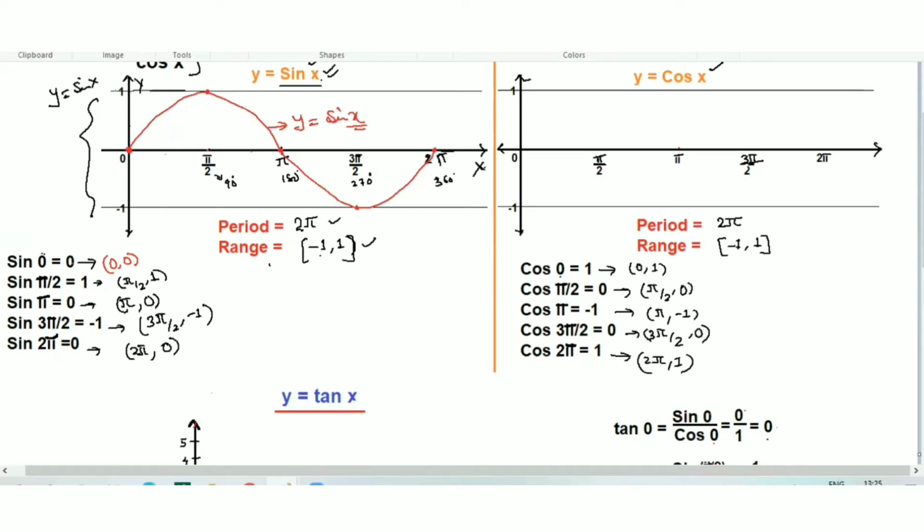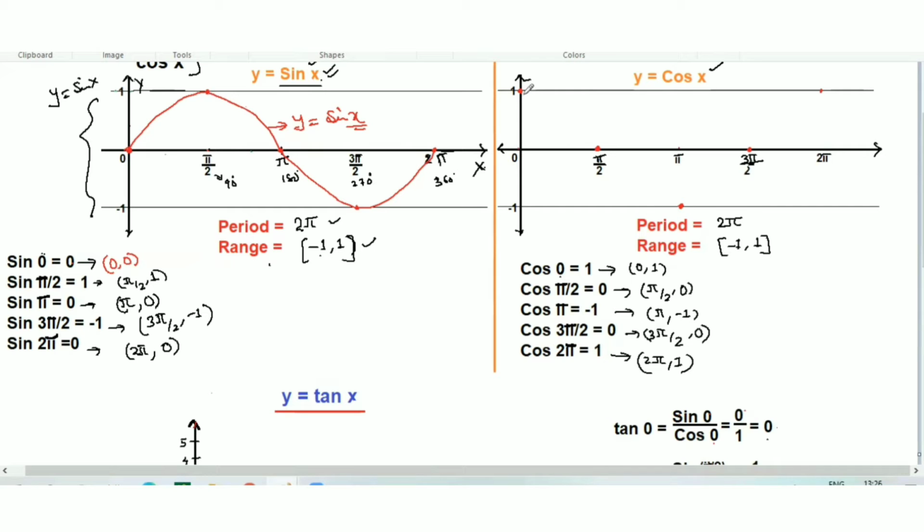And now let's plot all the points here. So first, the cos graph will start from (0, 1) and the sine graph will start from here, (0, 0). So the first coordinate point is (0, 1). When we take 0 angle, we get y is 1. So (0, 1) will be here, then (pi over 2, 0) will be here, then (pi, -1) will be here, (3 pi over 2, 0), and then (2 pi, 1) will be here.